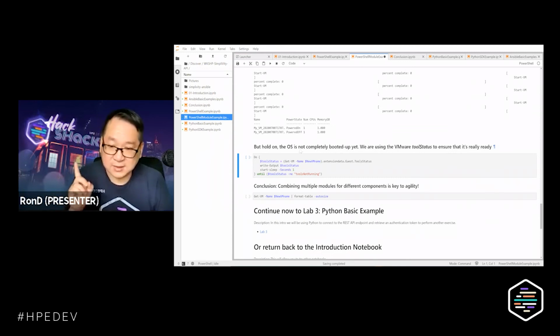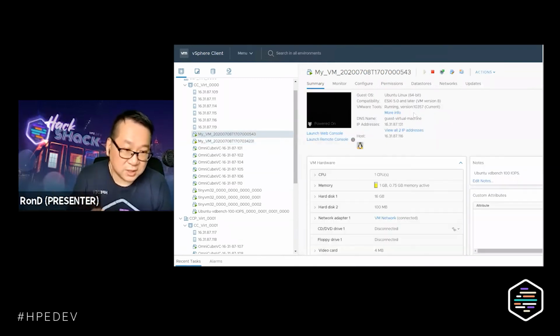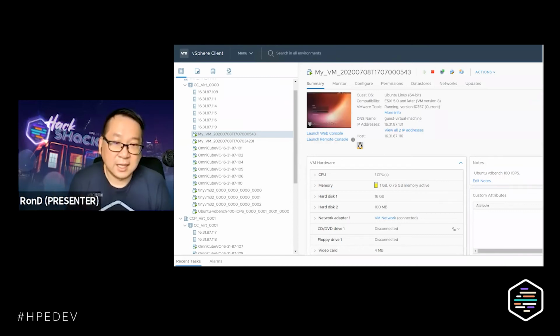Before the OS is booted up and running, we can interrogate the VM tools. If the VM is already powered up, we know there is a VMware Tools connected to it, and we can monitor whether that virtual machine is currently up and running. You do that using the PowerCLI.